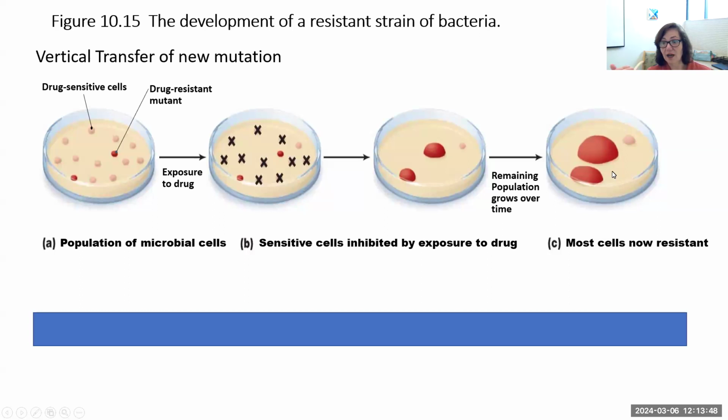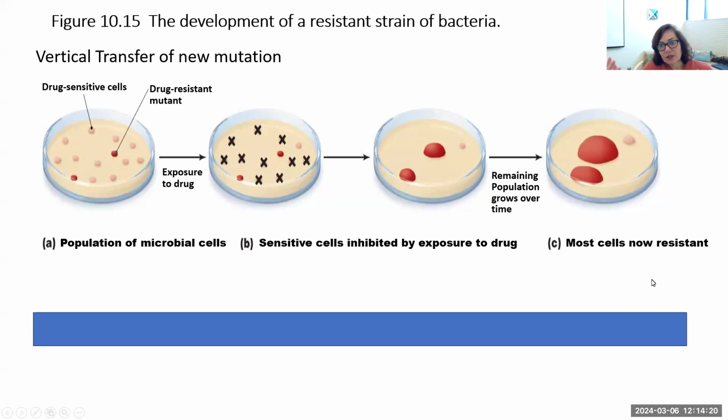This is what happens in hospitals and how we end up with so many nosocomial infections that are resistant to drugs, because the patients are being exposed to the drugs. And so all of the bacteria that are growing in those patients, the ones that are sensitive to that drug, die off. And it's only the resistant strains that survive. And then that's what gets smeared onto the handrail or the light switch or whatever. And then it gets passed inadvertently from one patient to another.